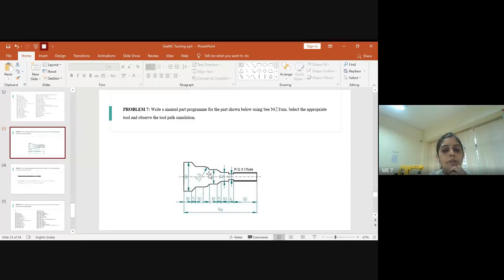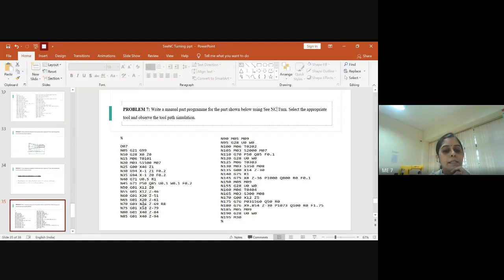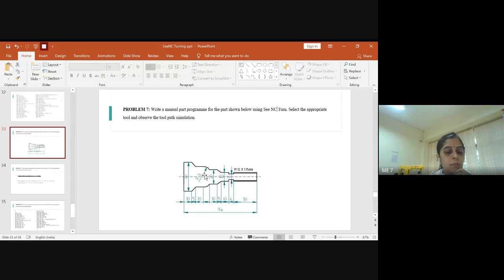Before that you should see what is the diameter. Initially it was 20, right? From there you have a radius of 8, so radius of 8 above and radius of 8 below. So how much will it be? 20 plus 16. So overall x value will be 36. So you have to write x is equal to 36. Here they haven't given you the entire diameter of the block, just this part of the radius is 8. So at the bottom also you'll have the same 8 radius. In between you had 20. So 20, 8 and 8, it becomes 36. So x value is 36 here.